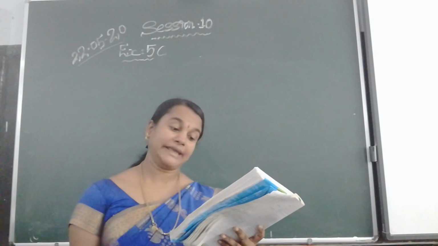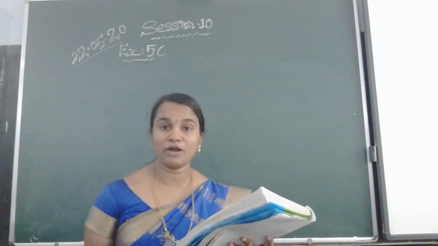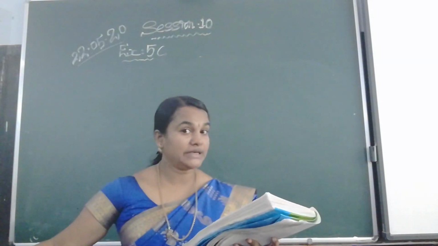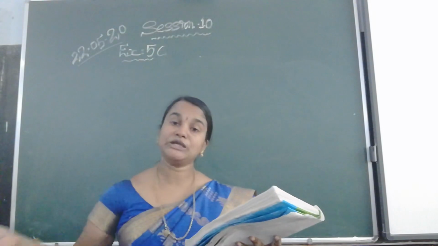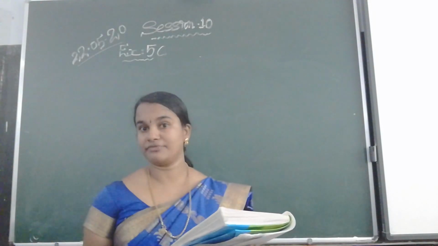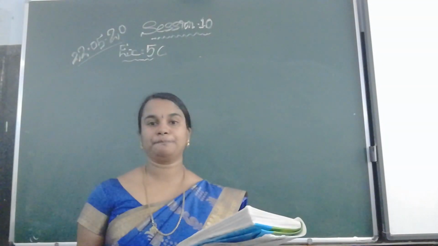And here A is given as x such that x is a multiple of 2. Multiple of 2 means it will start from 2. But they told us it is a subset of the universal set, and the universal set starts from 4. That means we also start from 4. Don't take 2 here because it is a subset of the universal set.